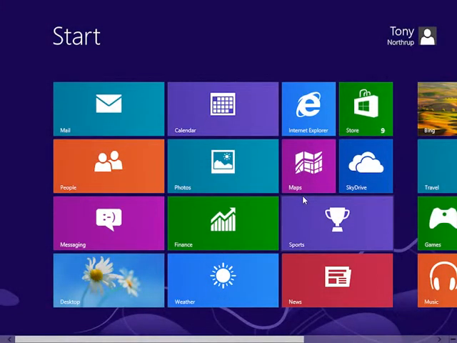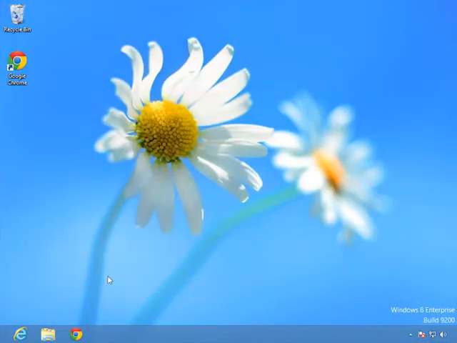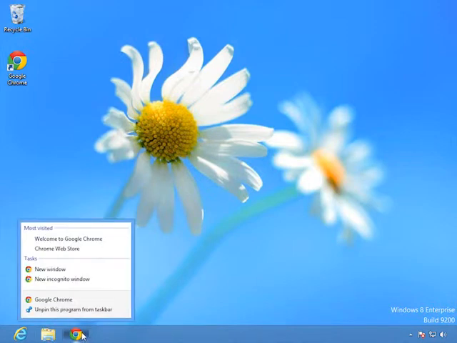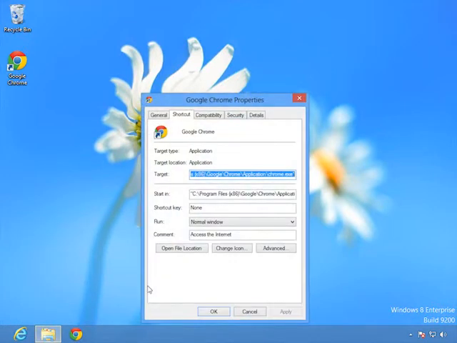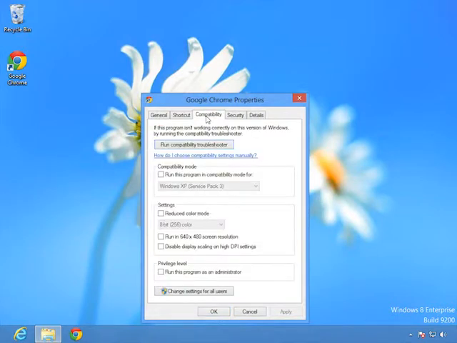Here's my Windows 8 Enterprise computer. I'll jump to the desktop because that's where the desktop apps live. Now you can see I've installed a single desktop app here that's not standard, and that's Google Chrome. So let's take a look at how to configure compatibility mode for it. I'll right-click the icon, then right-click the name of the app, and select Properties. Now on the App Properties dialog box, I just need to select the Compatibility tab to see the different compatibility